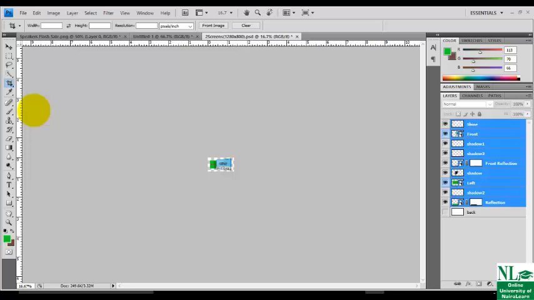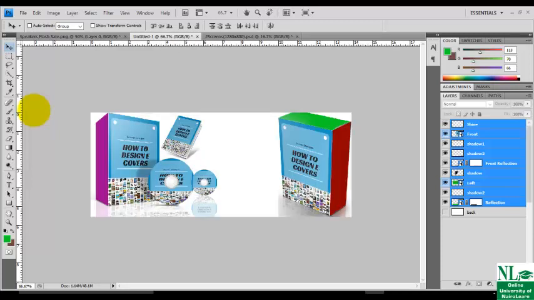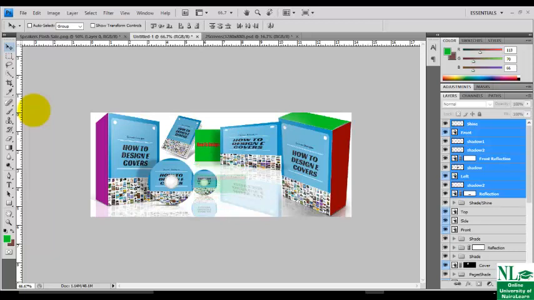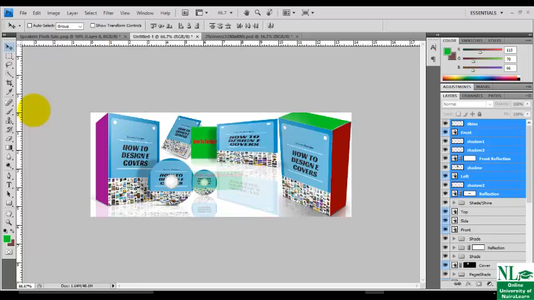To select it, just hold down your Control key and click on individual layers. Then pick your toolbar, then drag it over to here. Are you seeing our work? I still say Ctrl T.